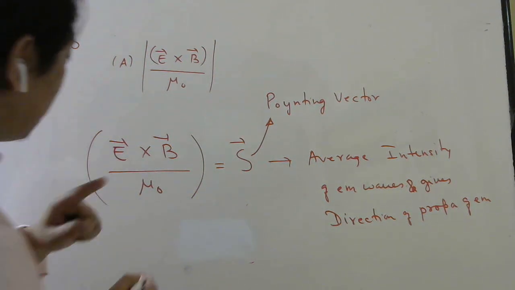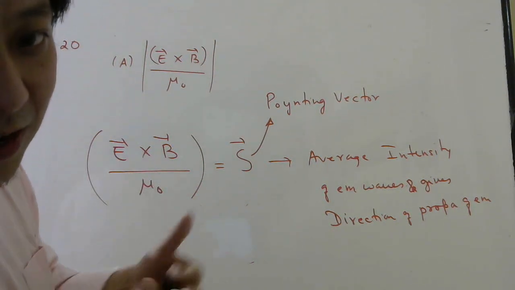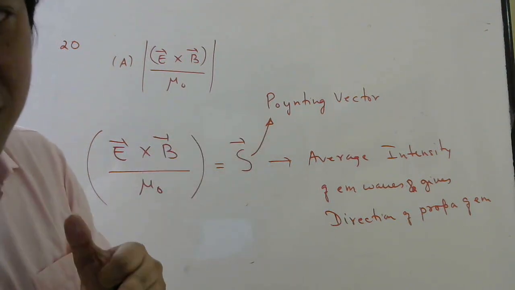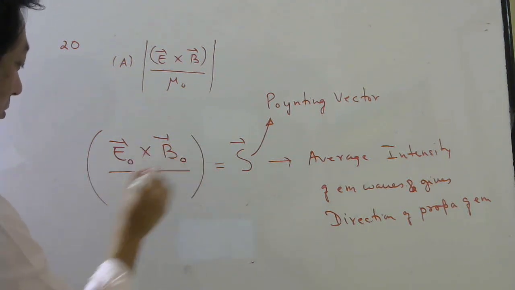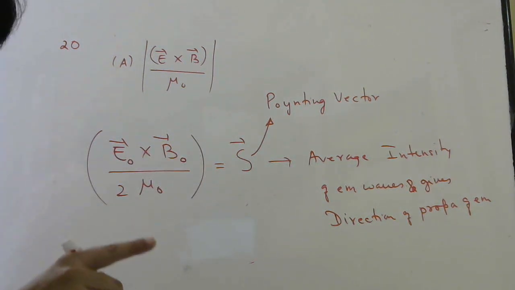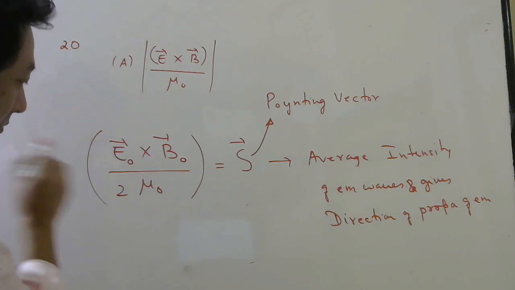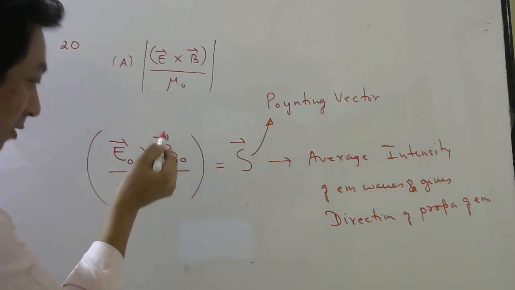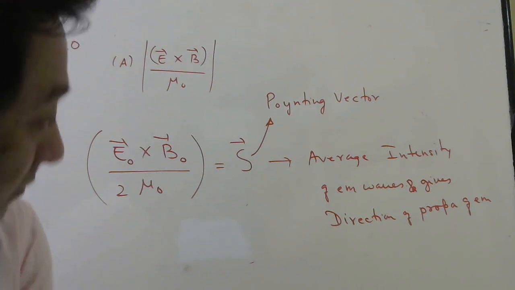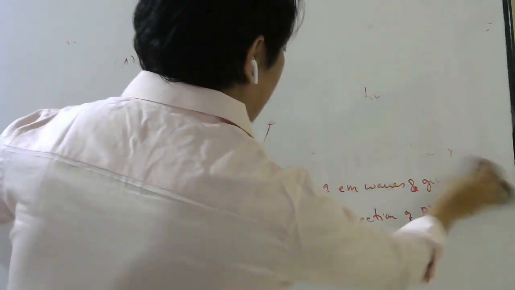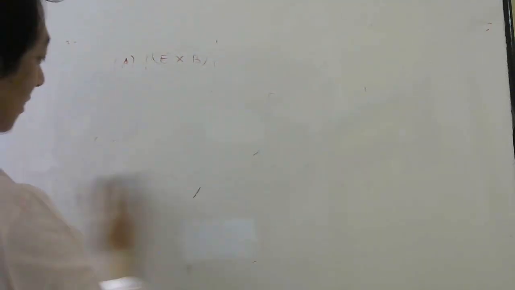By the way, in terms of peak value, suppose in some JEE or JEE Advanced question they ask which of the options represents the Poynting vector, then what you will do? If you want to write in terms of peak value, here E RMS is E naught by root 2, B RMS is B naught by root 2, root 2 times root 2 will be 2 in the denominator. So some new things we have learned, that is nice. Education means we should learn something new every day. Let us see the next question now.